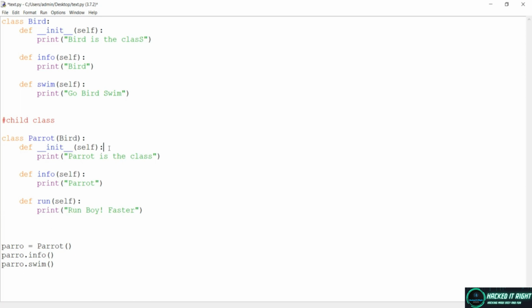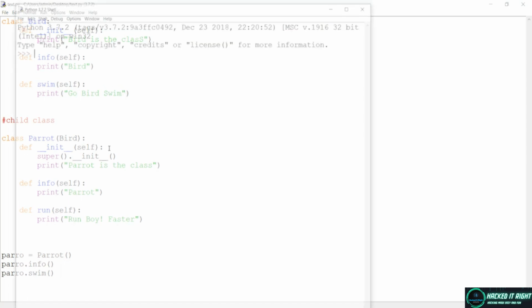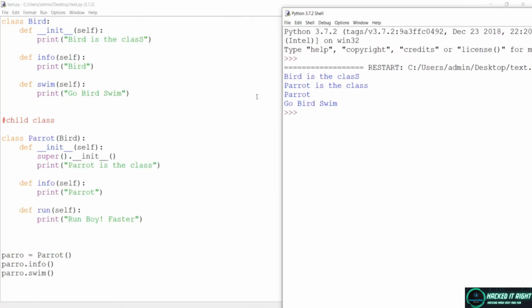The next thing I want to show you here is the super method. If I say super, and if I call this init, let's see what is happening over here. Let's save this first and press F5. Then it is saying bird is the class, parrot is the class, parrot, go bird swim. Let's put it right here and show you what is happening. First of all, we created the parrot object, so no problem over here. This init method gets called because we are instantiating this. So if you invoke this init method, which is the constructor of this parrot class, we have